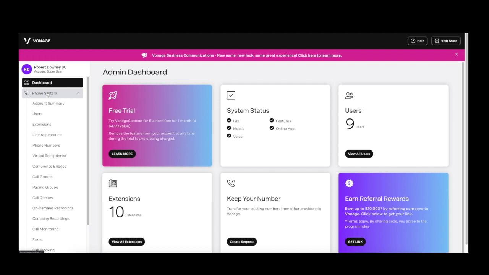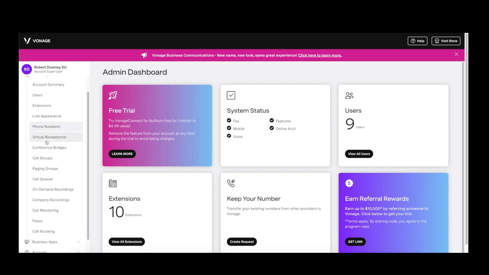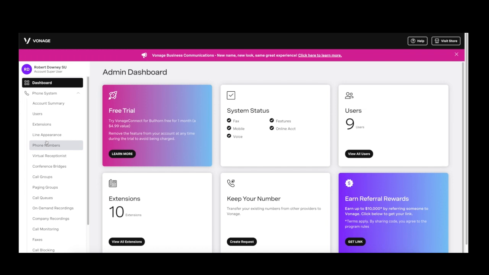The phone system icon allows you to see all of the items that are currently available to you in the Vonage Business Communications platform. This does not necessarily mean that you have all of these features deployed. However, since this system is a self-service portal, you can add services at any time directly from the store or from the icons if they're not available.